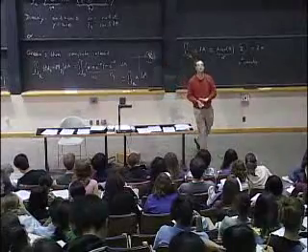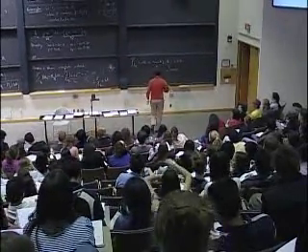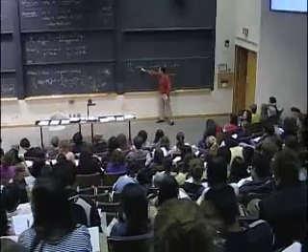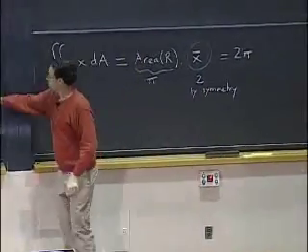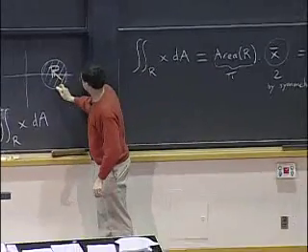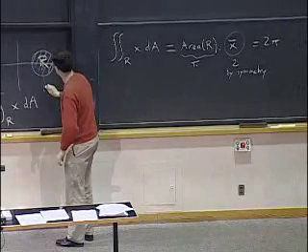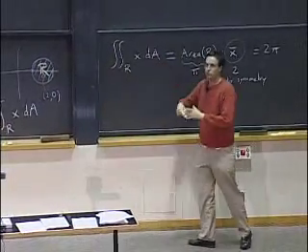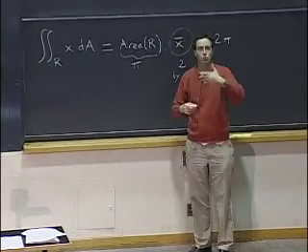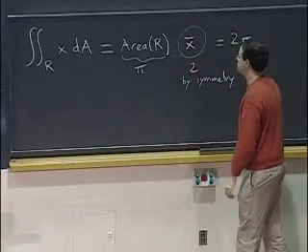Yes? Just repeat the last part. Okay, yes, let me just repeat the last part. So I said we have to compute the double integral of x dA over this region here, which is a disk of radius 1 centered at this point, 2, 0. So instead of setting up the integral, with bounds and integrating dx dy or dy dx or in polar coordinates,